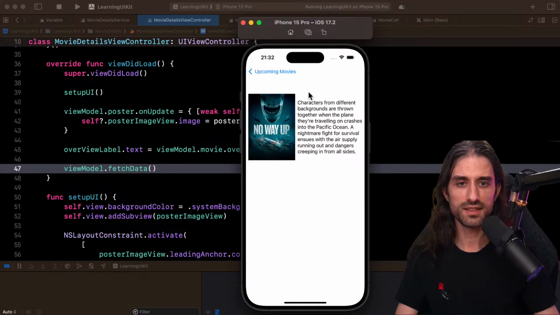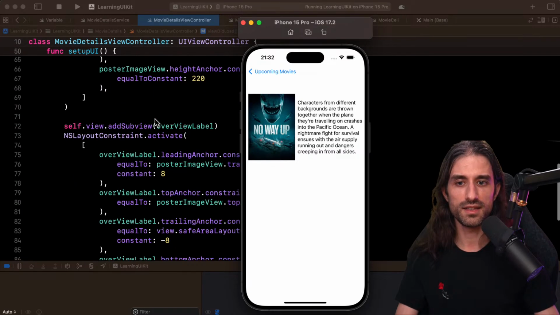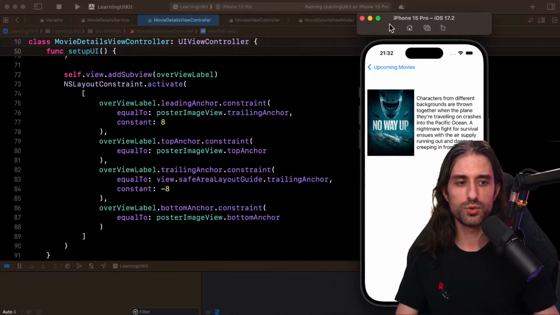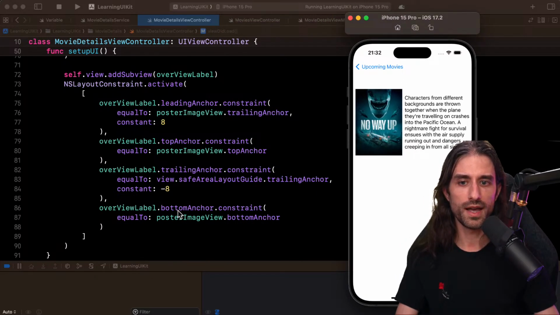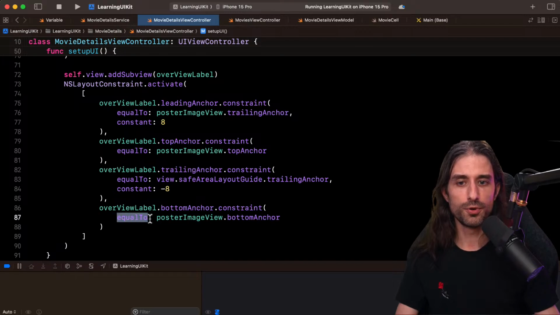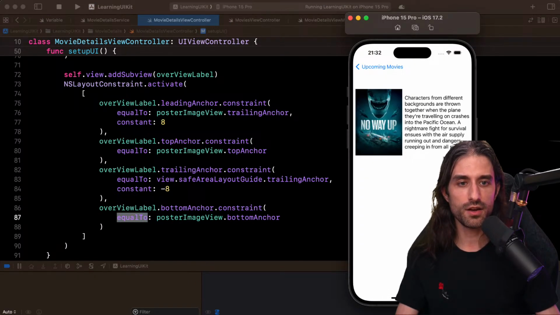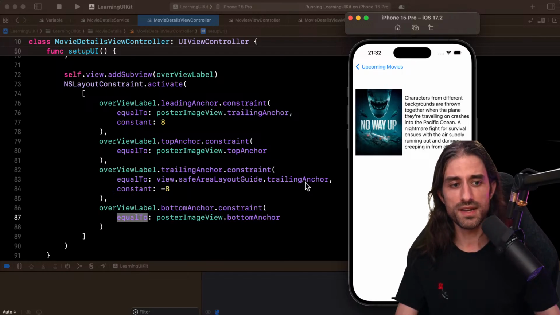And what's interesting is that you can see that it's being centered because I've given two constraints that give the same importance to the top and the bottom anchor. So if I wanted to make it stick to the top rather than the bottom, the way I could say it is that instead of saying that the bottom anchor should be equal to, because if I say equal to, then it's going to take this entire space for the frame, and then the text is going to display centered inside this.